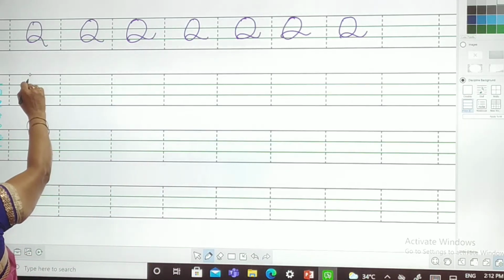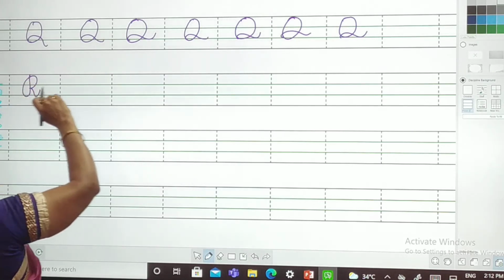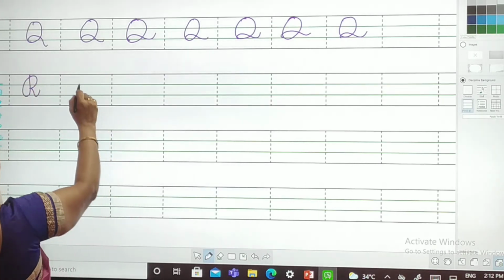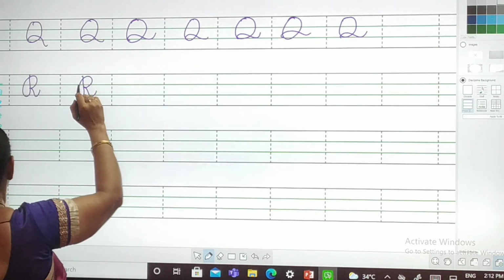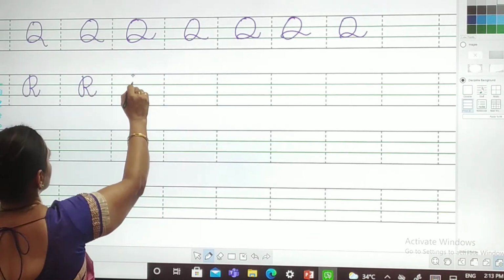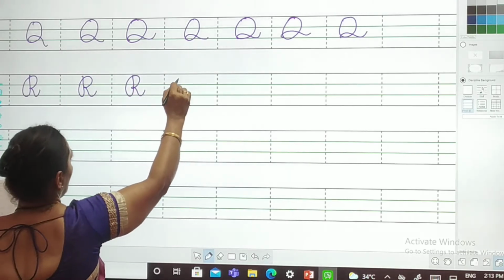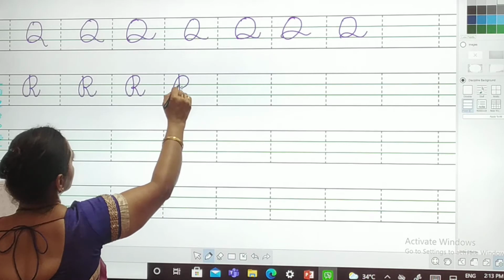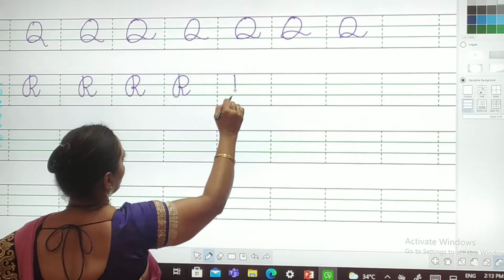R for rabbit. Why only rabbit? Why not Rashi? Rashi, are you writing? No? Okay. This is R. Why not Rehan? Why not Rashi?